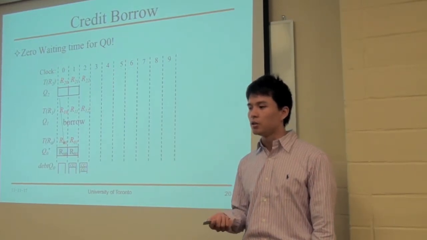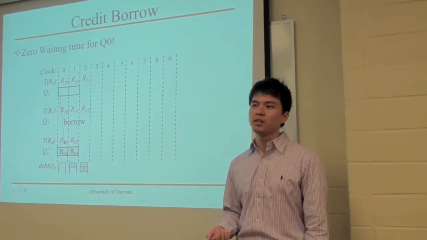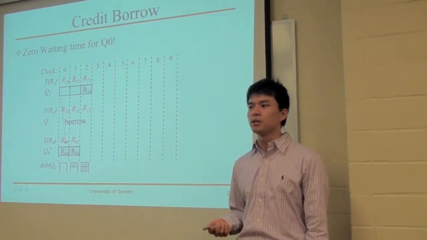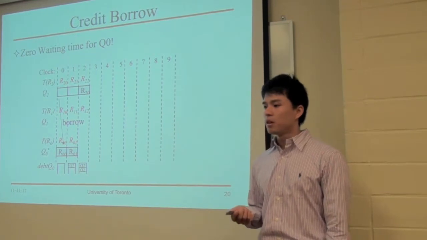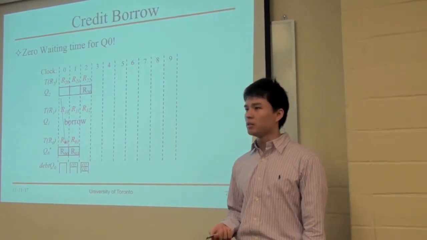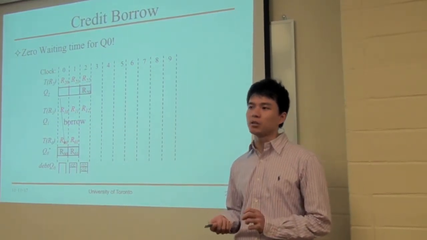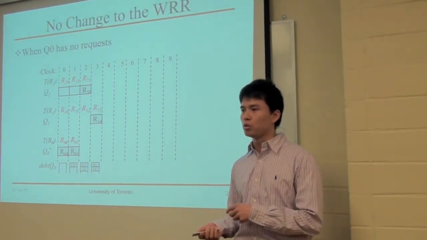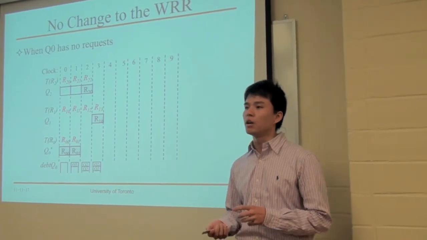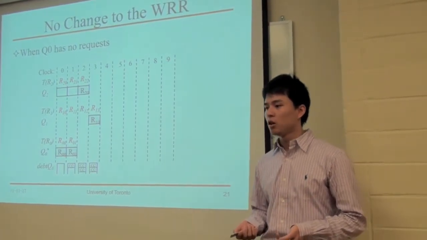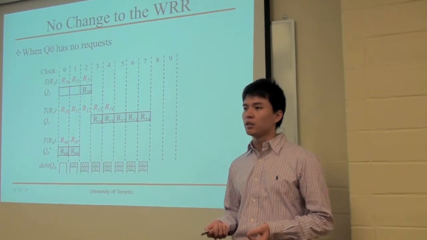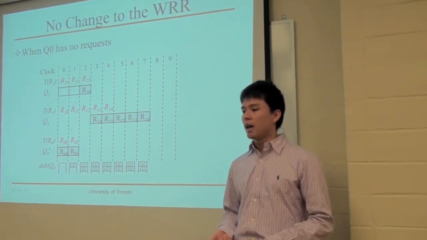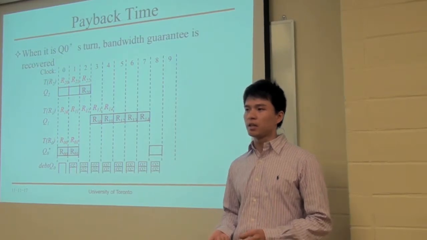In the third cycle, because there's no more request in Q0, Q2 can keep the scheduling opportunity to itself and send a request. The credit, borrow, and repay mechanism doesn't touch the baseline scheduler. So the WRR scheduler switches to Q number 1 as nothing has changed. Later, when there's no request in Q0, everything will happen exactly the same as before. And in the end, when Q0 gets its scheduling opportunity,